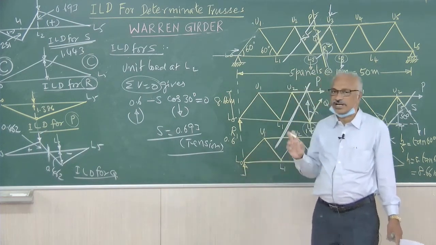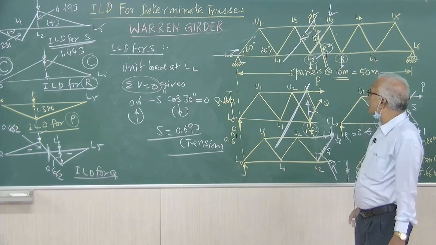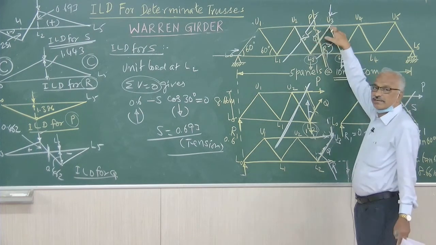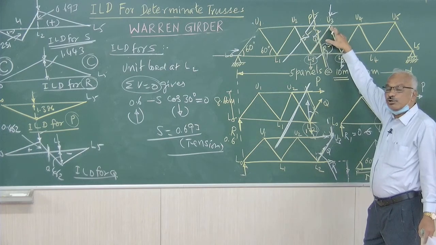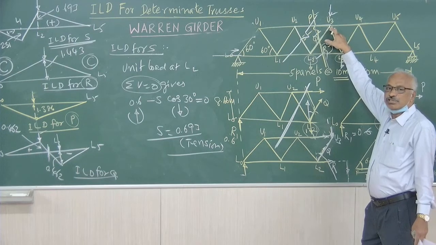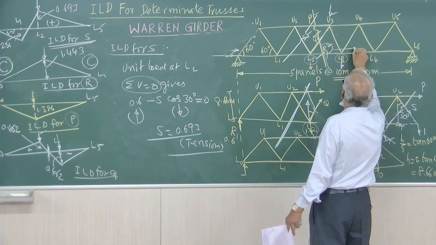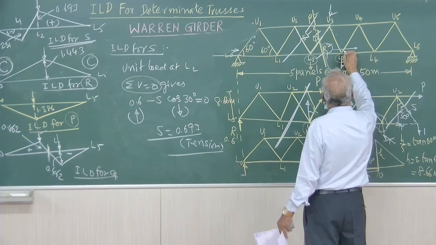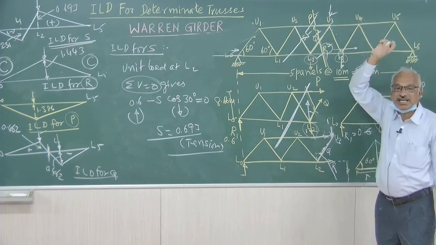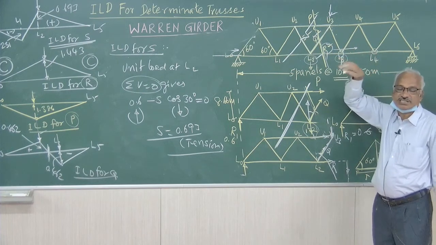Right. One more point which I missed now is, for ILD for the member R, the other two cut members are U3 and U4. Here we applied the unit load at U3, but U3 is not the loaded chord. So when the load is traversing through the loaded chord, the load will be transferred either to the left end or to the right end and not to U3 or U4. It will not carry any force. The load will not transfer through the top chord because it is a through truss.